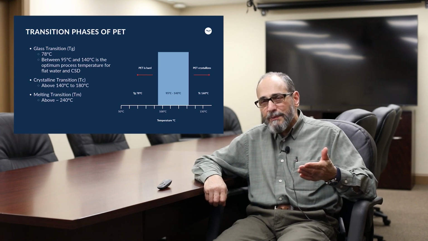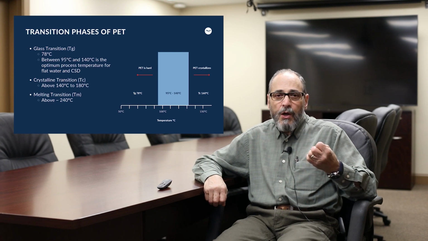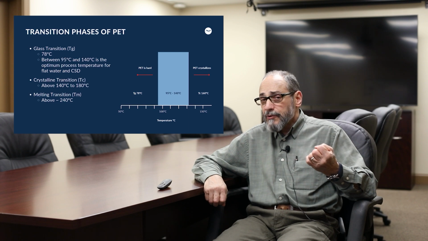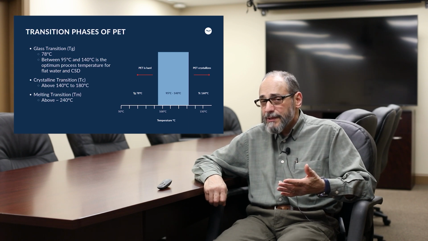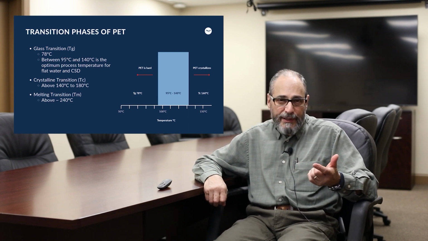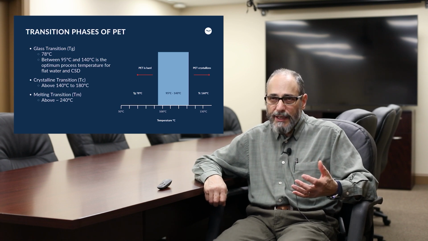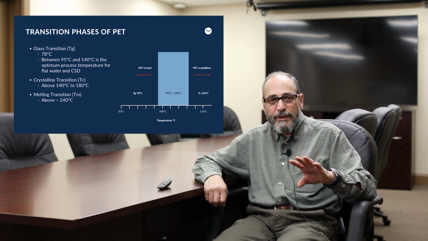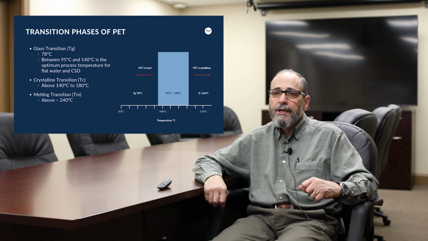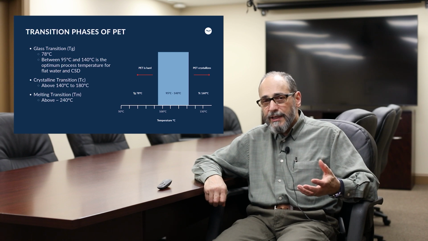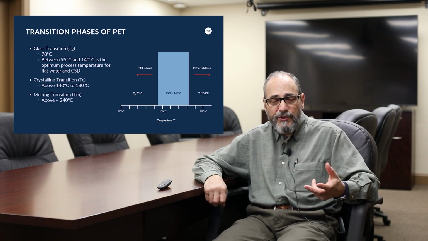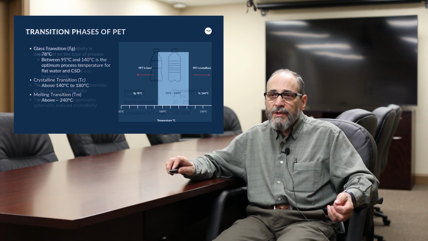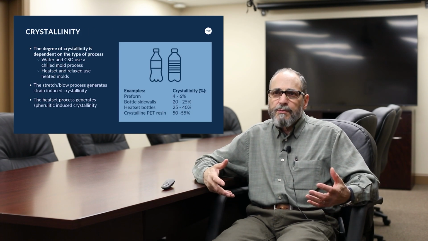When we start getting above about 140 degrees C, we start generating heat-induced crystalline structure. There are certain processes where we want that to happen. For things like water bottles and CSD bottles, we don't want that to happen. So we operate entirely in that 120 to 130 degree temperature range. When we start talking about heat set containers, we'll get into the crystalline transition where we're going to cause it to grow, increase crystalline structure. So why that's important is